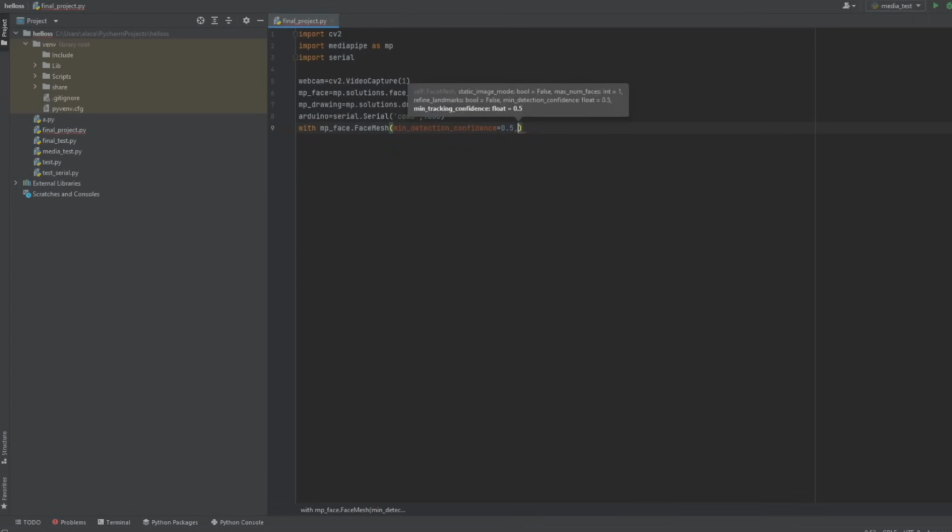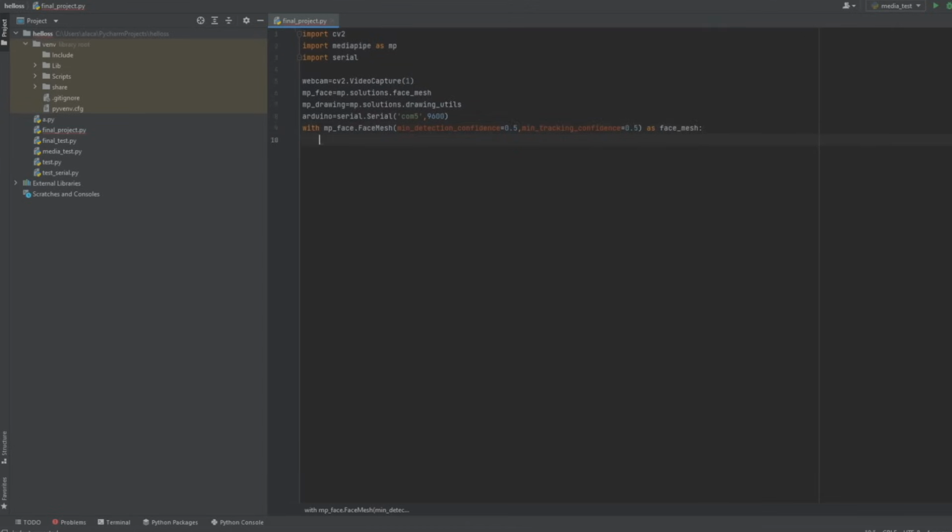Our second parameter will be the tracking confidence. So let's write here min_tracking_confidence, and also let's define this parameter as 0.5, and also let's use this structure as face_mesh. And also do not forget to use a colon, and let's move inside of our with structure. In this new line we will call our while True loop, because as you know we will get frames from the webcam. So let's write here while True and put a colon, and let's move inside of our while loop,